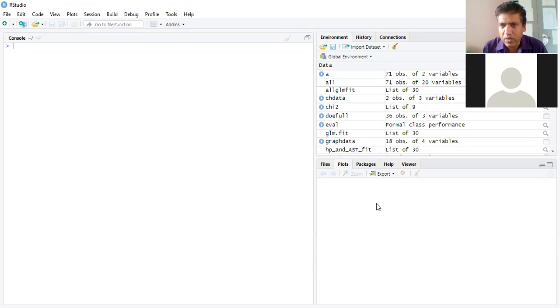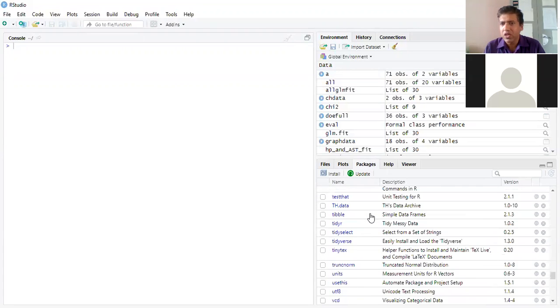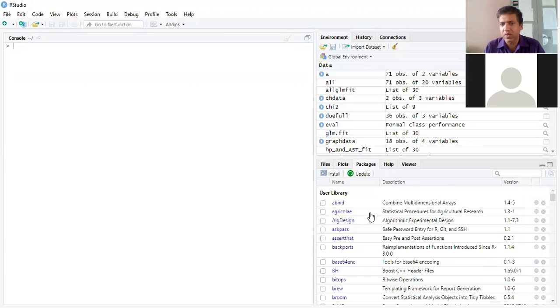The lower right hand side window will show you the plot. If you are making any kind of plot, it will appear here. Then you can see what are the different packages that have been installed. All these are different packages which I have installed for different purposes. Some of the packages come along once you install the R, but many of the packages do not come with that, so you will have to install them separately.